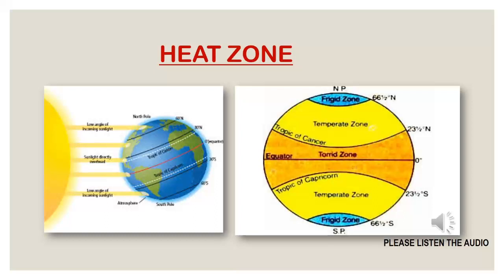So this is the complete heat zone. Through that, of course, we know the torrid zone will always have extreme heat. So most of the climate and vegetation there belongs to the trees. In the temperate zone, most of the time it's moderate. It's a very comfortable weather that prevails throughout the year, so different types of vegetation grow. And when we talk about the frigid zone, it's extremely cold. Due to that coldness, most of the vegetation is of the mosses or lichens type.